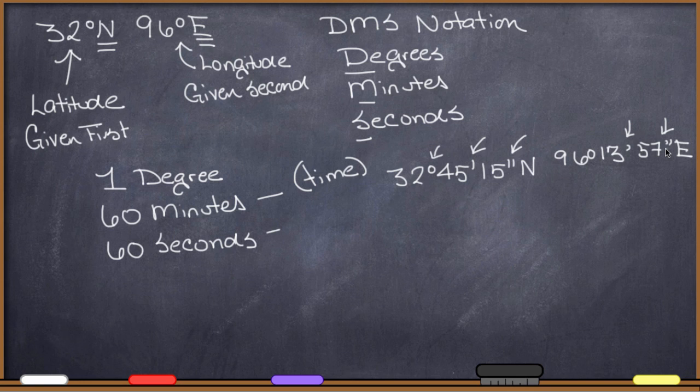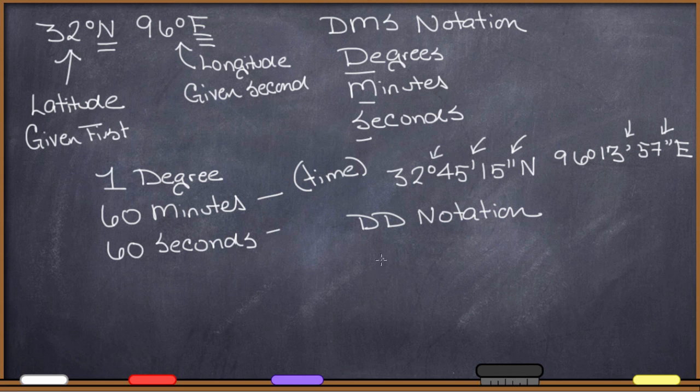Or this is certainly my preferred way of giving coordinates. I think that this is the way that we would certainly give them when we're writing them out formally on a map and so forth. And so it's very important to get familiar with this notation. This notation does, however, contrast with something called DD notation, which you also see.